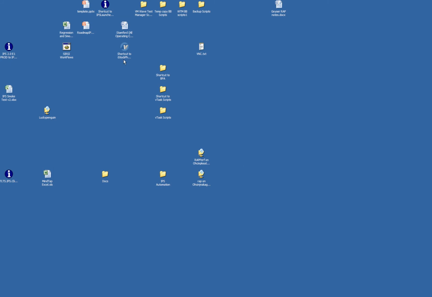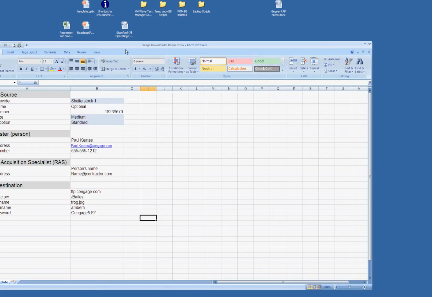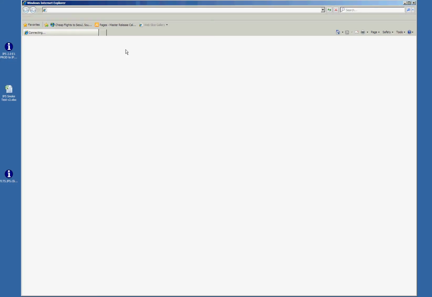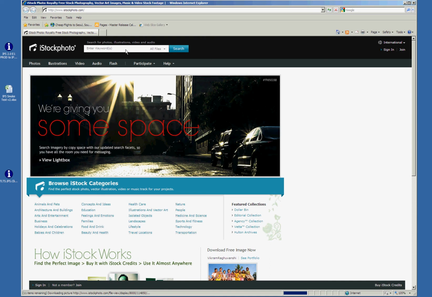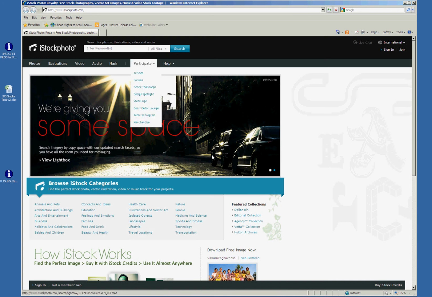So what I'm going to do is I'm going to run this executable here, and then I'm not going to touch anything else. So what just happened there was it read the Excel file and obtained all the parameters needed for executing this